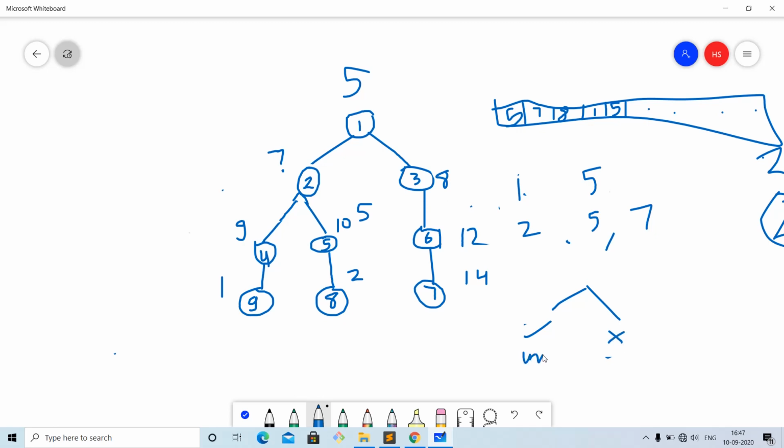So include, and this is exclude, and this include and exclude. I mean root, value at the root. So what we can do, we can initially assume that we are dropping the value at the root, and for each vertex the GCD will be the value of the GCD till the parent and the value of the vertex number itself. So for GCD, if we drop the root, will be GCD of the parent,